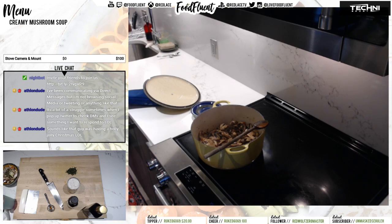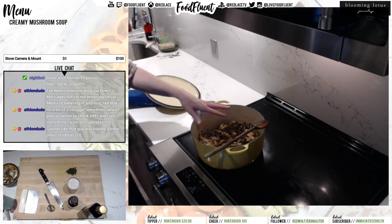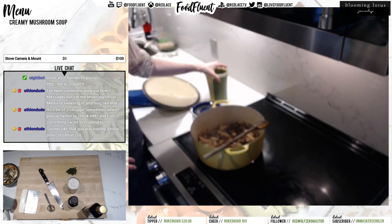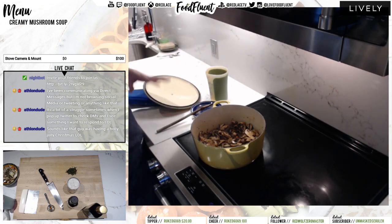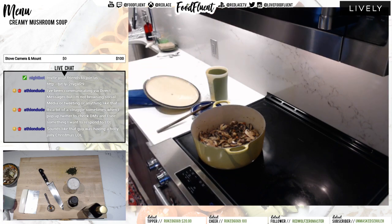So I think I'm going to do 3 cups of water. Maybe 4 cups. We'll see. We'll do 3 and see how we are. Like I said, this is really dependent on how much liquid releases from your mushrooms. Right now we didn't get as much out as we wanted to, so we'll see where we're at when we get to the liquid part. And then we're going to do